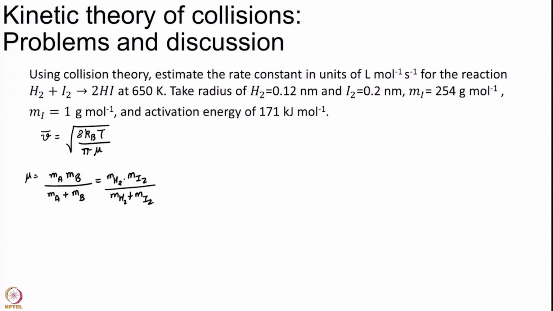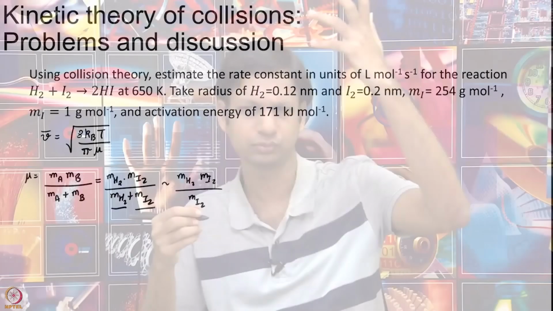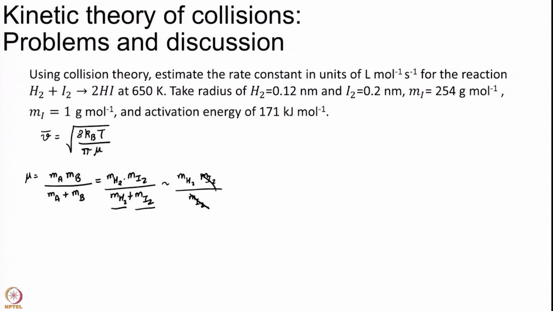I will note that m of I is way more than m of H, 250 times more. Well, then what I can do is, this is just being a bit smart. If I add m of H2 plus m of I2, it is a little bit more than m of I2, just 2 more. I can as well ignore it, and I notice this is equal to m of H2,